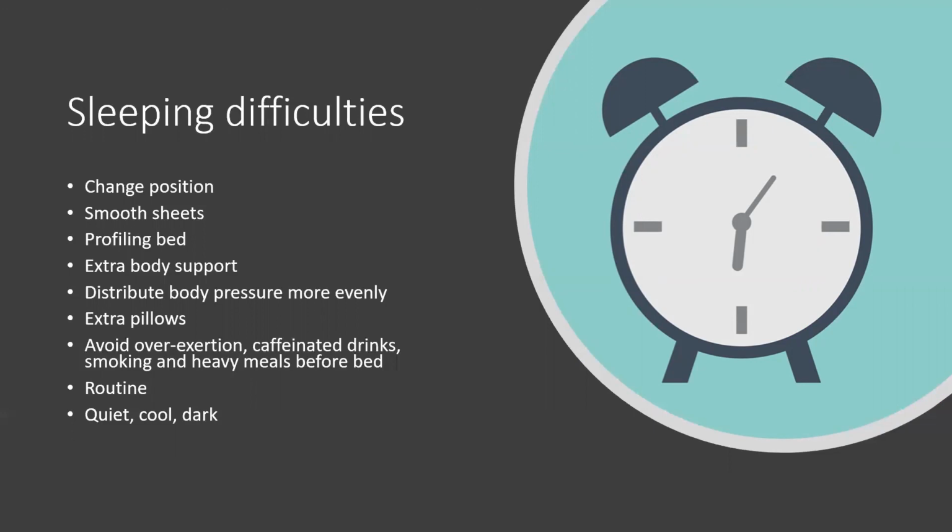You could advise the following: that they try not to remain in the same position in bed for too long. Satin or silk sheets can help with this, as this may assist them to move in the bed. As breathing may be helped by being slightly more upright, it may be possible to get a profiling bed, which can be adjusted to a variety of positions. Side rails and extra pillows can give added support. A segmented overlay mattress and specialist pillows can distribute body pressure more evenly.